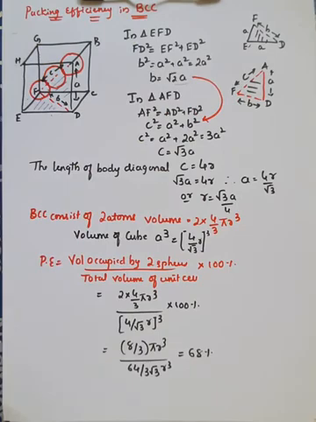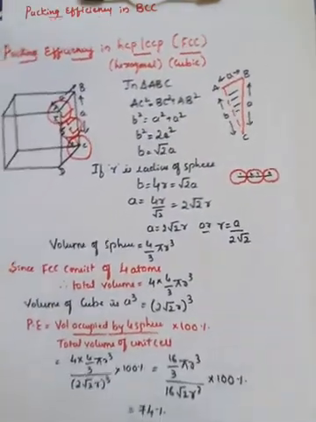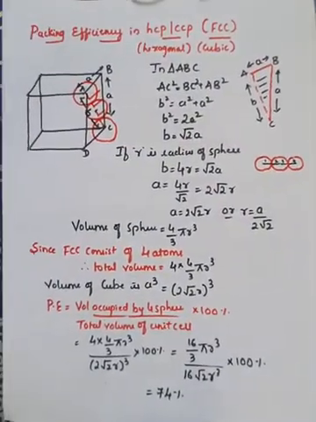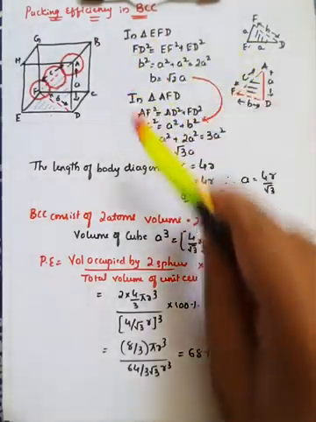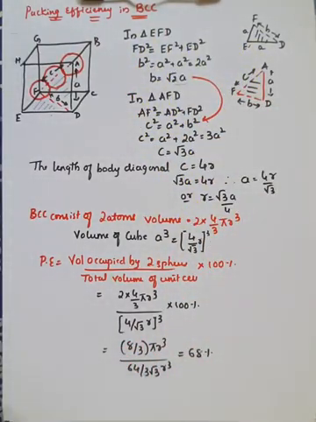So we have derived the packing efficiency in case of simple cube, and in case of face centered cube, which you can call SCP or CCP. Similarly, we have derived the packing efficiency in case of BCC also. So go through these derivations once or twice. Practice that, then you will clearly understand.